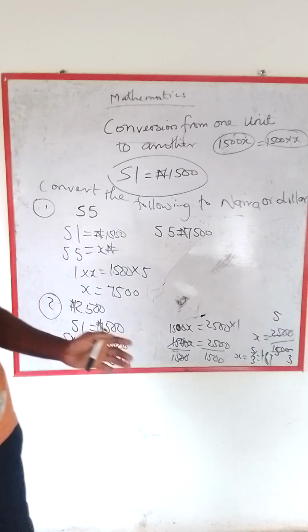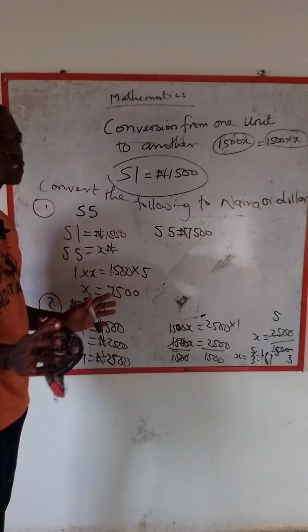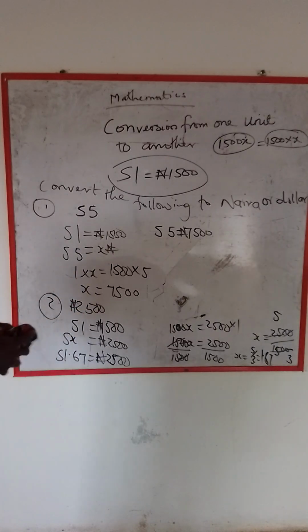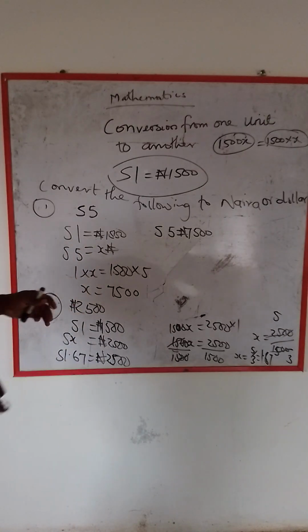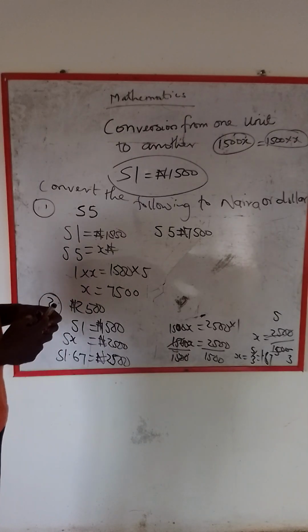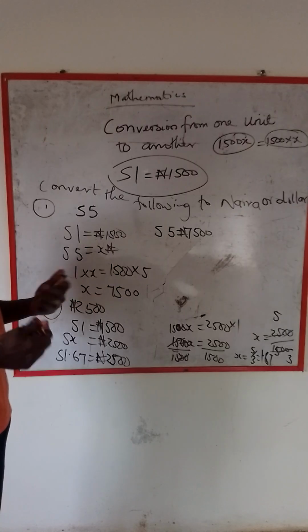The first thing you just need to do is to know the relationship. And when you know the relationship, you are good to go with any conversion. This is a general principle. You can't find this in any textbook. But I think this is what I've discovered, and I feel like it will be good for everyone to know